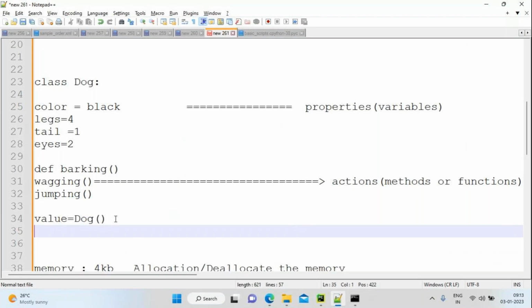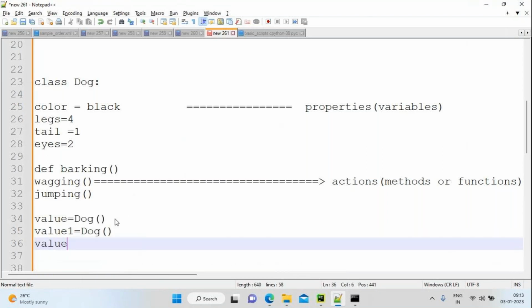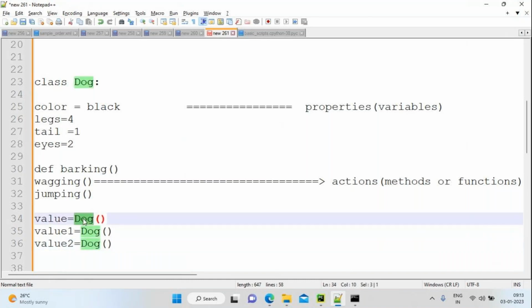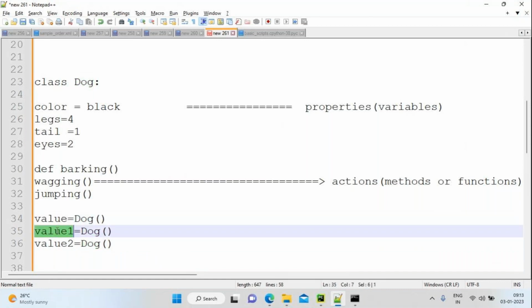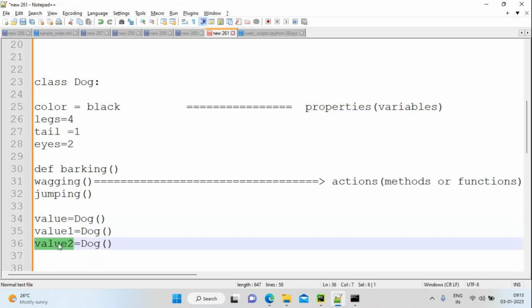See, value1 equals dog, value2 equals dog. Though it's the same class, the memory address is different each time.